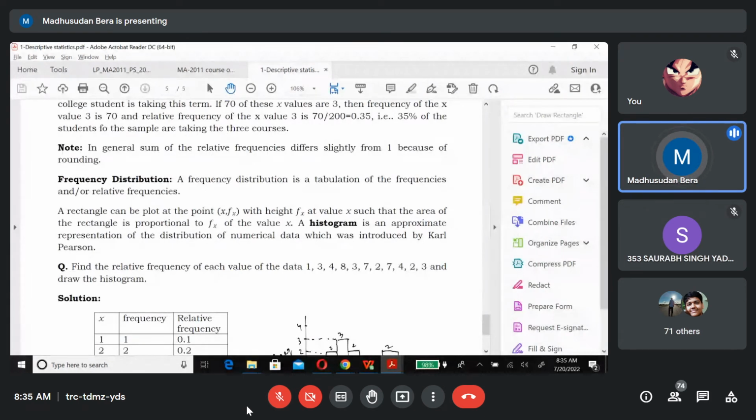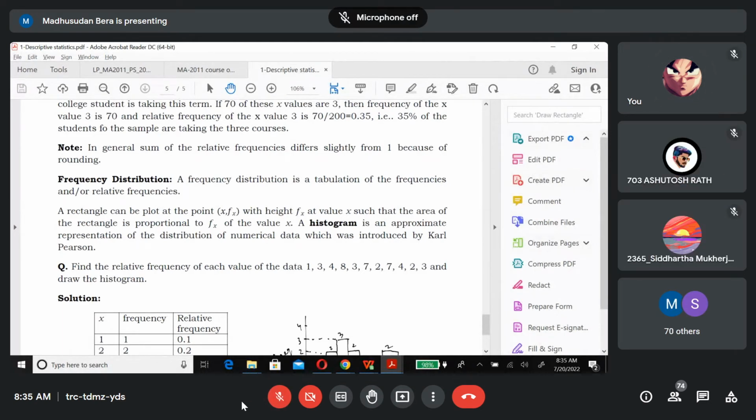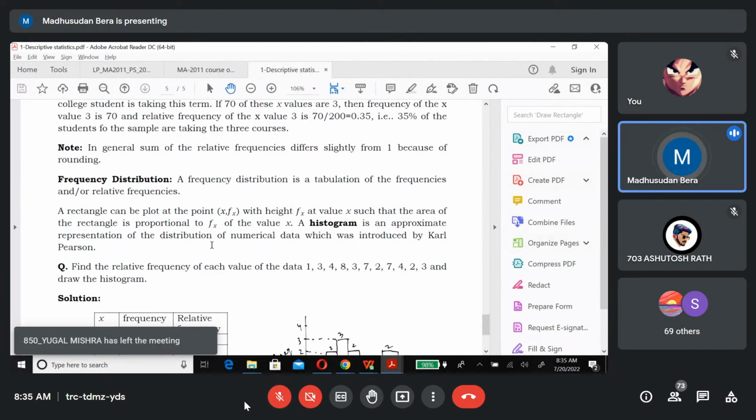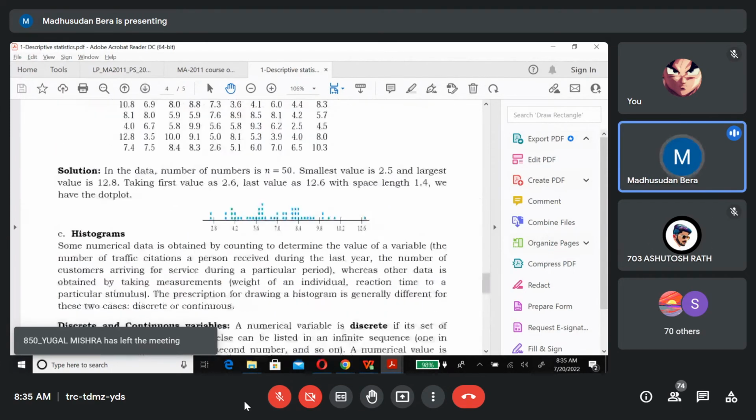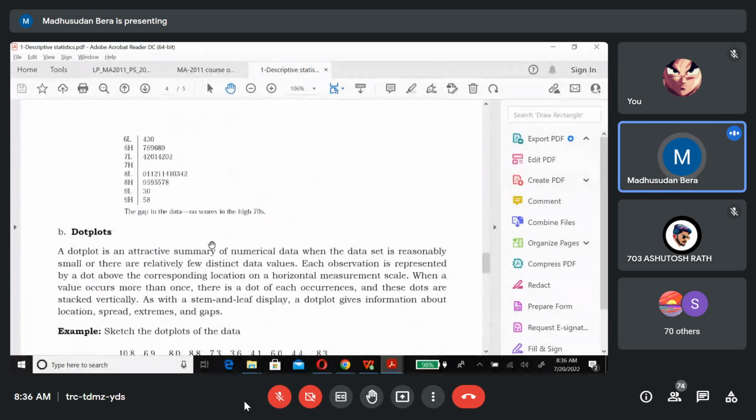Is this okay? What is histogram, frequency, relative frequency? Yes, sir. Yes, sir. Okay. Only you go through these things. Means in this note, histogram onwards you study, and before that